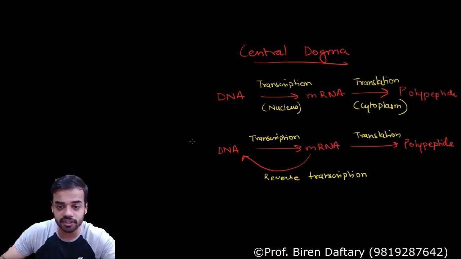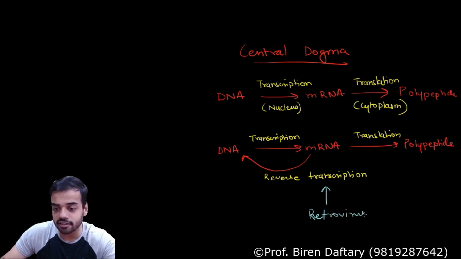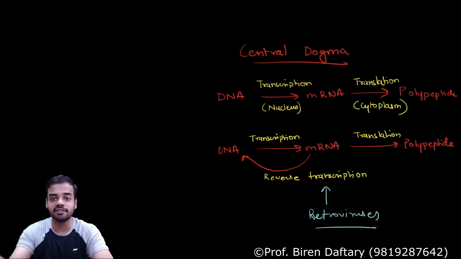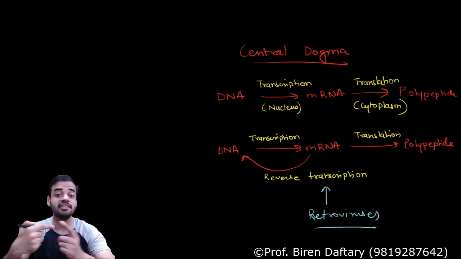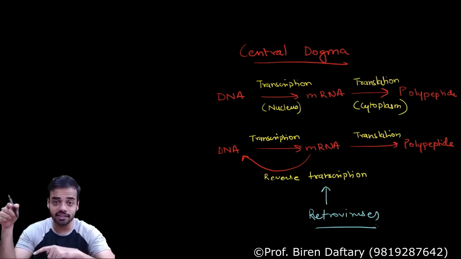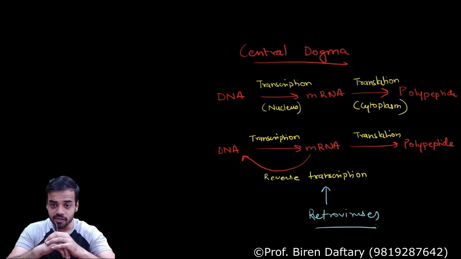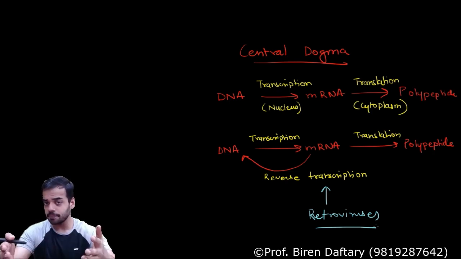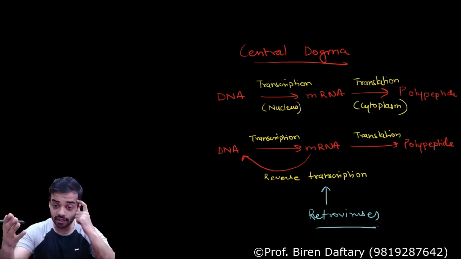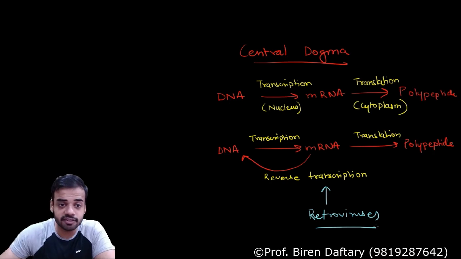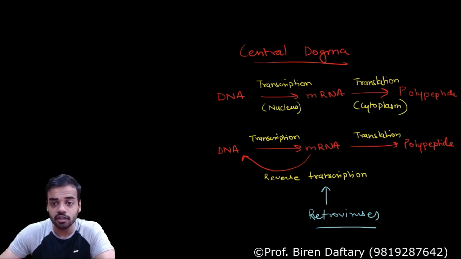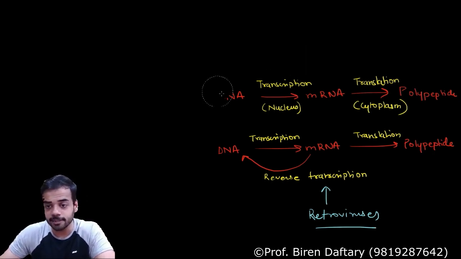So I will mention it over here that this is for retroviruses. Retroviruses are the viruses which are RNA containing viruses, and these viruses basically change their genetic material when they invade the host. Is this clear? So we had done this, correct? Now we start with our next part, which is transcription, which we have already done. So how do we start with transcription?